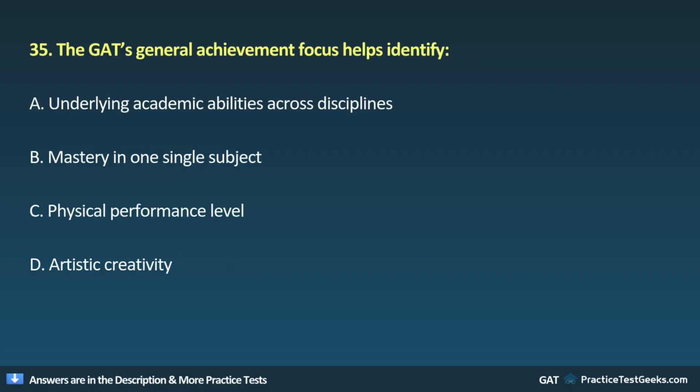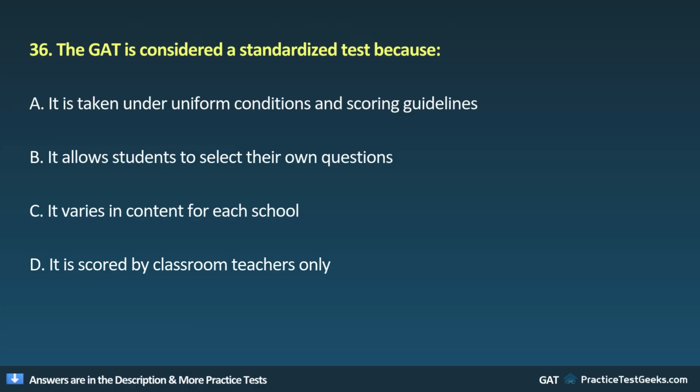35. The GAT's general achievement focus helps identify A, underlying academic abilities across disciplines. B, mastery in one single subject. C, physical performance level. D, artistic creativity. 36. The GAT is considered a standardized test because A,